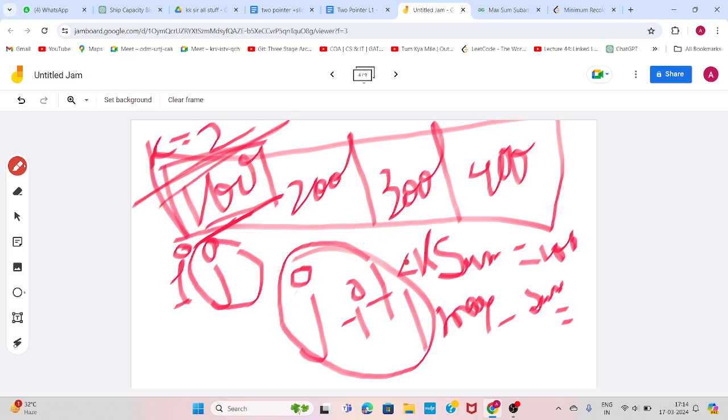Okay. Here we have smaller than k, so again we will add 200 and it will become 300. Then we check if it is smaller than k. No, we check if it is equal to k. Yes, it is. So we will store this number, 300,